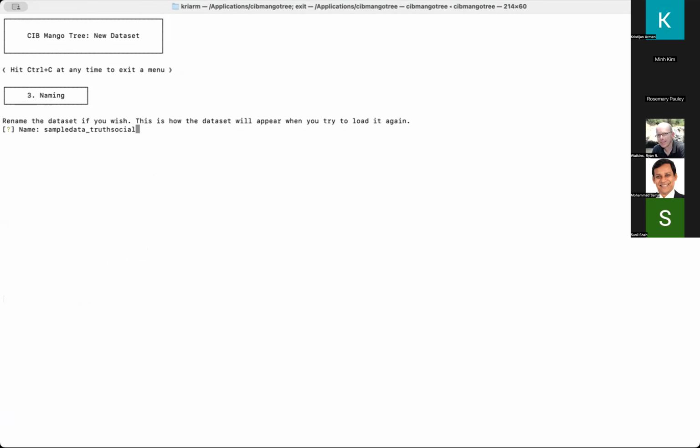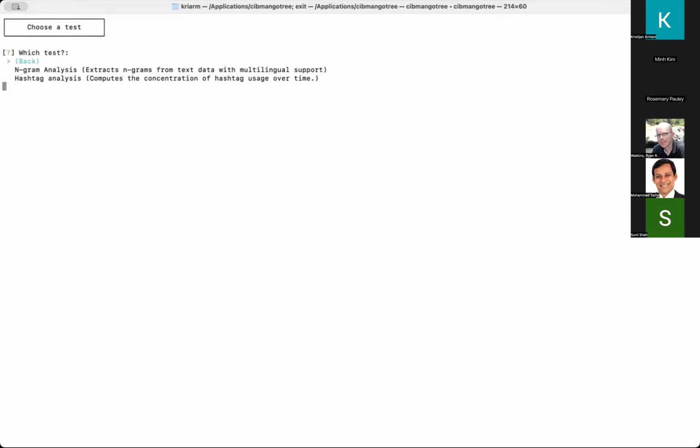Before it imports, you can also name it. And I will do GW demo, something like that. So that when you log in the next time, it has a kind of project storage in the backend. So it keeps track of what you've already done, and you can reload it. So in that sense, it's a pretty functional app. I named it, okay, and it's imported. I'm going to press continue.